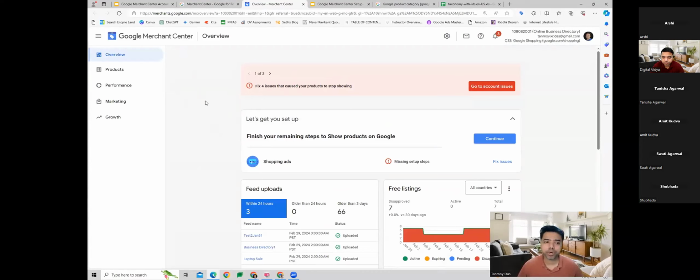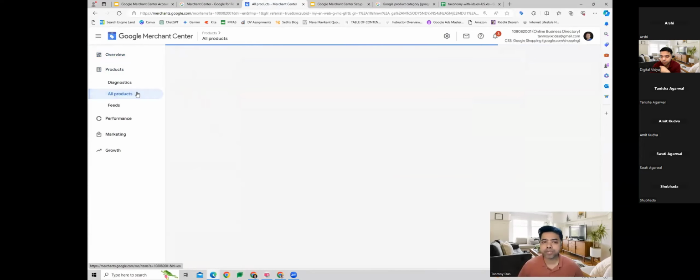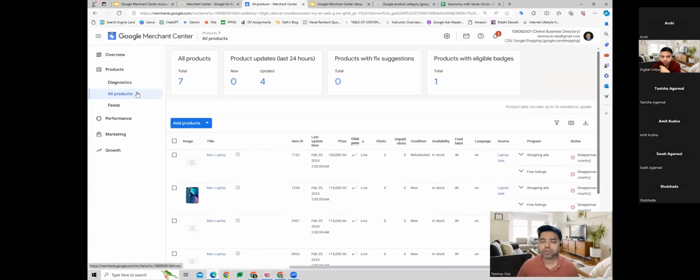Now, in order to upload products, we can go to the products section on the left panel, and there are two ways of doing it. One is, if you have a small number of products, if you are a small business of 15, 20 products, you can upload those products one by one manually from here. When we upload products, Google will ask us for some product details like product name, title, description, product ID number, condition, availability, price, brand name, and landing page of the product. All these are the things which Google will ask us to provide here. So this is one option, where we can add our products one by one.